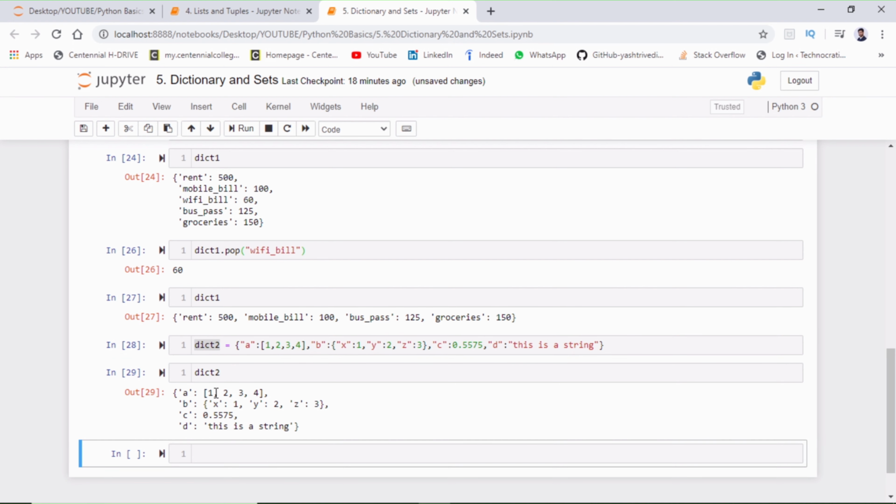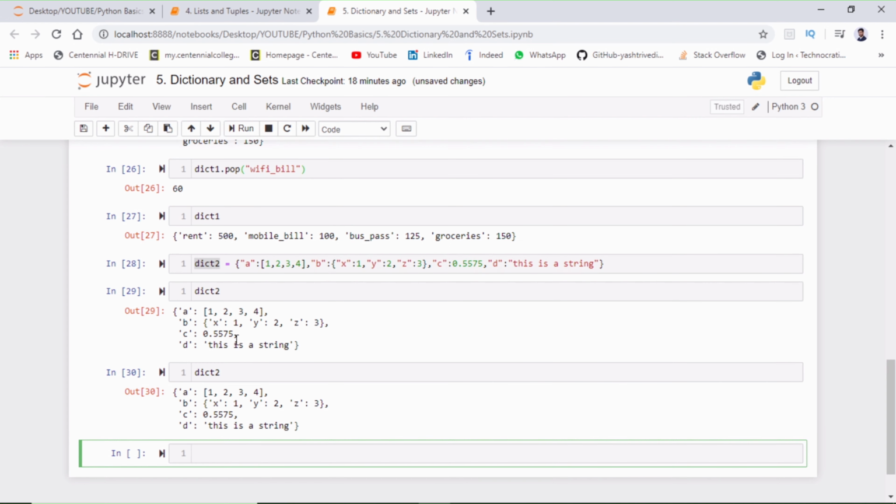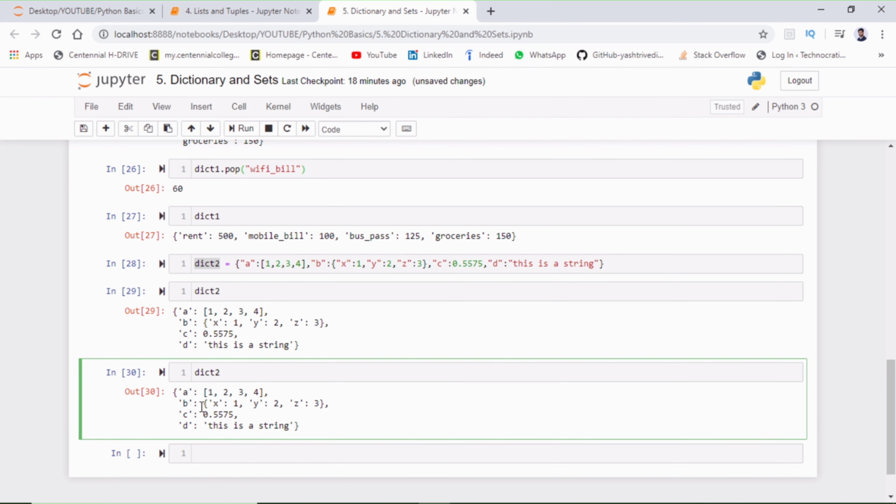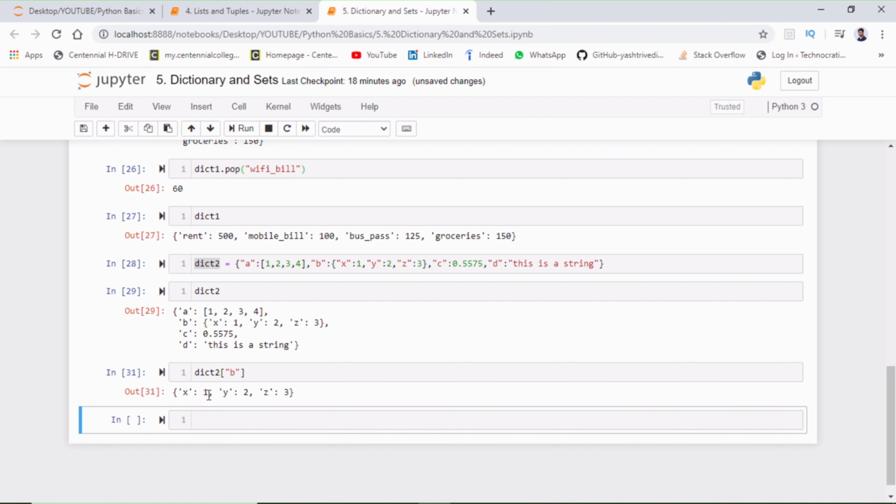Okay, so if I want to get access of this number 1 inside my X, for that one I have to call out dictionary 2. So inside dictionary 2 I want to get access inside my key value B. So I will go inside my B. Okay, now I'm going inside B. Now I want to get access of this element 1. So we have to dig inside our X. So X is going to be my key name. So if I press X, so how I'm getting number one.